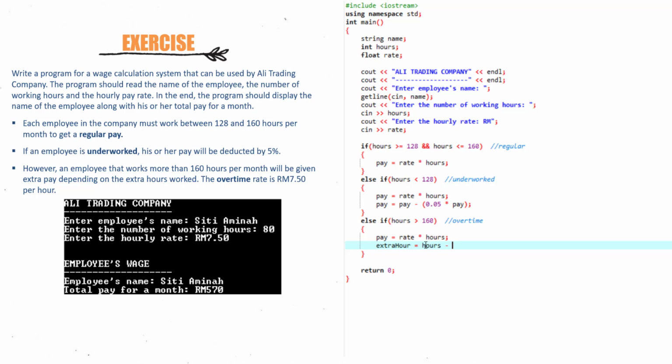Extra hour equals hours minus 160. And then of course, the pay equals pay,